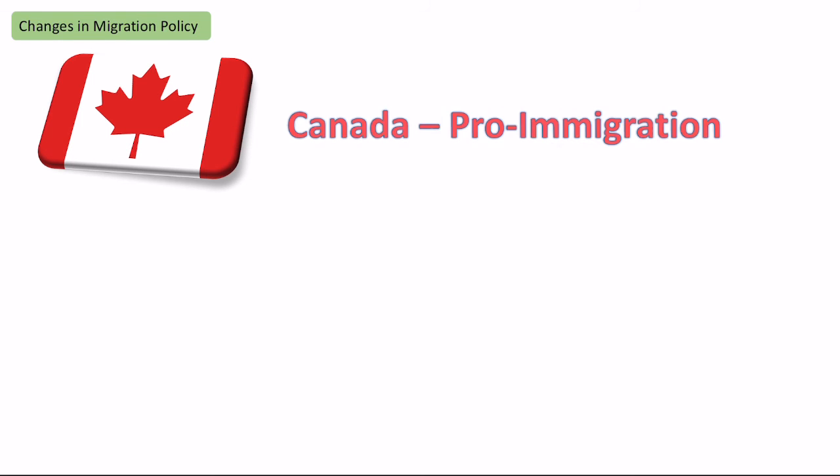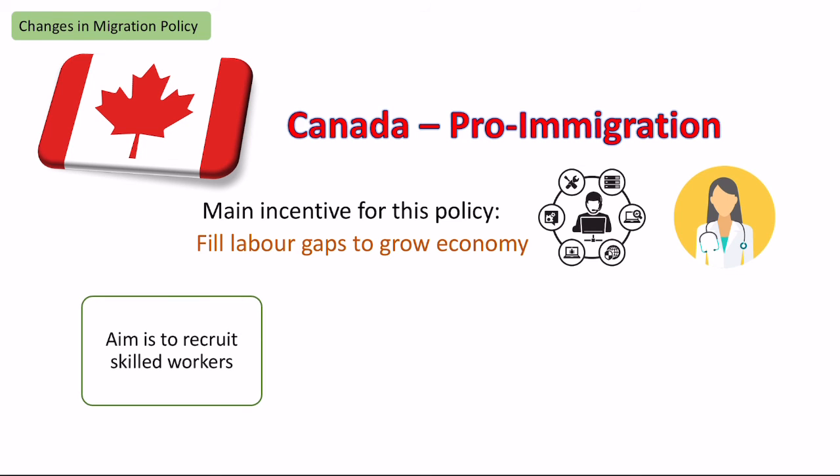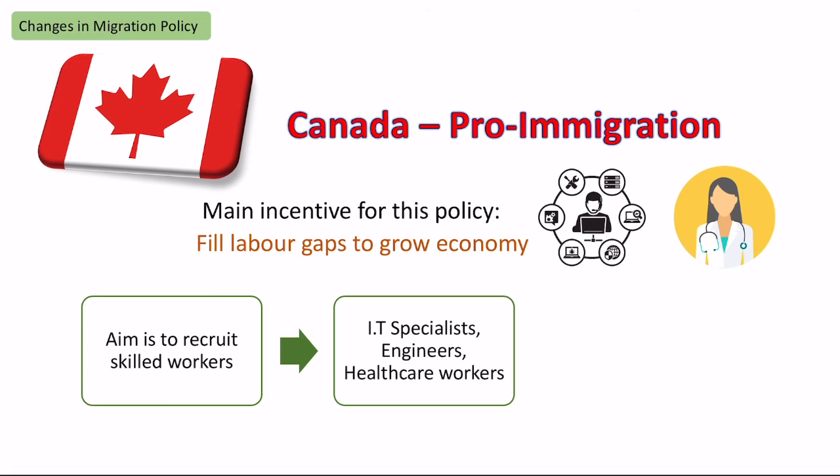And Canada is actually pro-immigration. It has increased in importance since 2015. The reason why they've become pro-immigration is because they're trying to fill labour gaps in their economy to help it grow. And they're not looking for low-skilled labour. They are looking to recruit skilled workers. So IT specialists, engineers, healthcare workers would be some of the priority groups that they would be trying to encourage to come to the